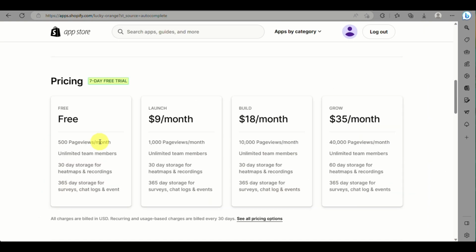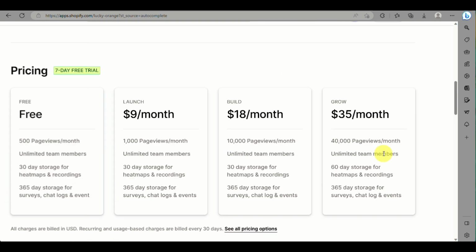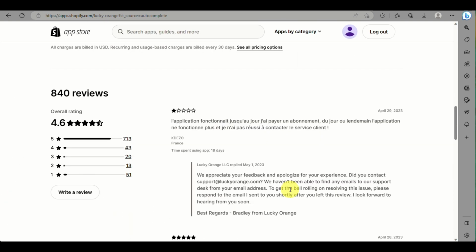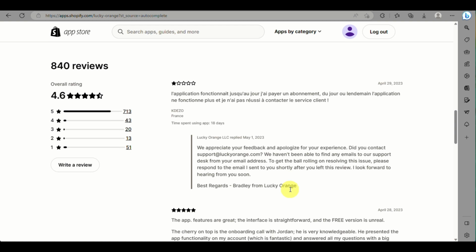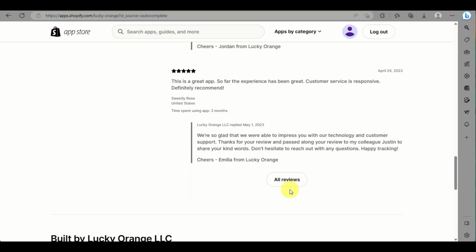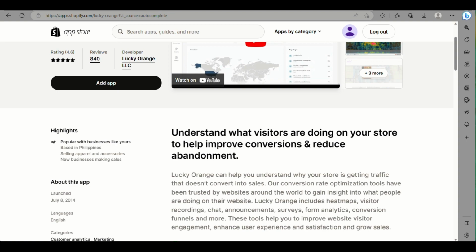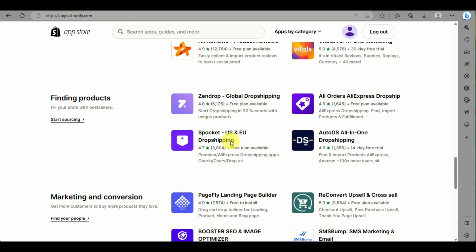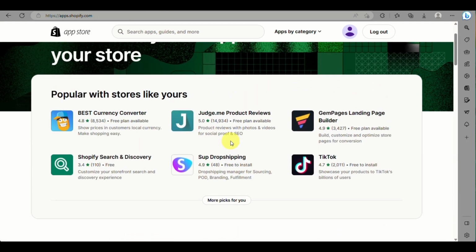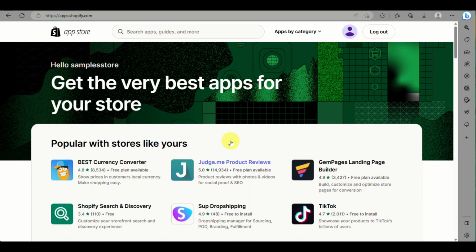It comes with a free plan, and if you are just a startup, you can choose the $9 per month plan, or $18 for the basic plan, and a lot more. As you can see, there are a lot of reviews and a lot of users that have been using this application as well. So those are my top 5 best Shopify apps that would definitely help you boost or increase